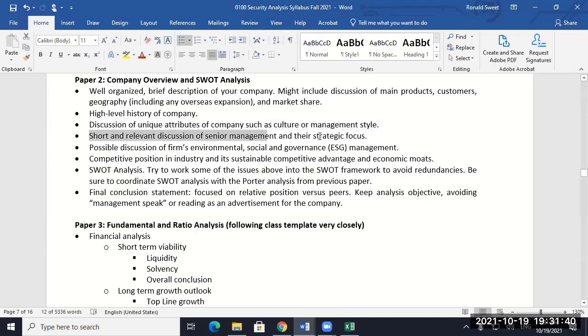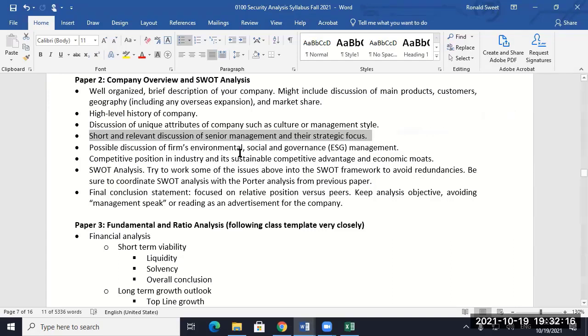I don't like, and I get it every single paper, I don't like the 5 or 6 just management bios. Being a bio, I don't really care where they went to college. I don't care where they worked before unless it means something. I do care about management's expertise. So if they're running Exxon, I want to know if they're a petroleum engineer or if they're a Harvard MBA. If they're running a tech stock, semiconductors. If they're running a pharmaceutical, are they a research scientist? Who are they? What's their background? That to me is pretty important.